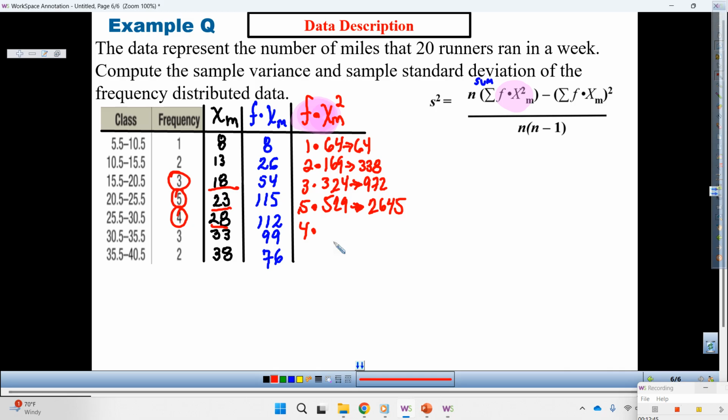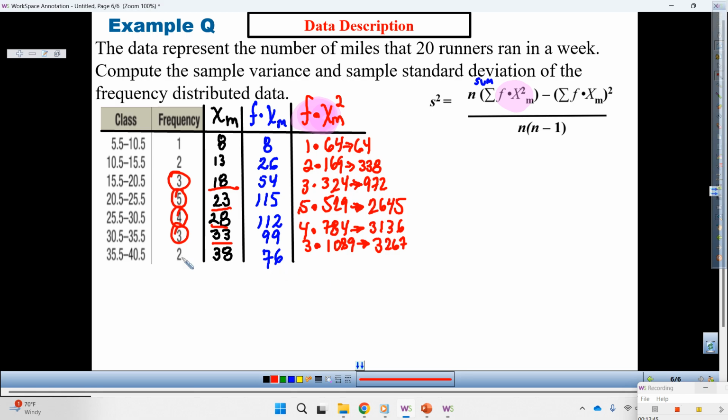Let's go with Julius. 28 squared. 784. 4 times 784, Julius. 3,136. Then we got 3 times 33 squared. What is 33 squared? Martin? 1,089. And 3 times 1,089 should be